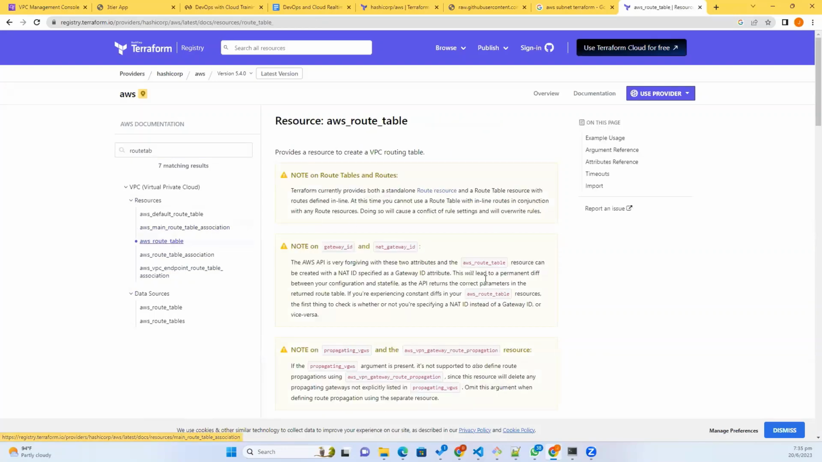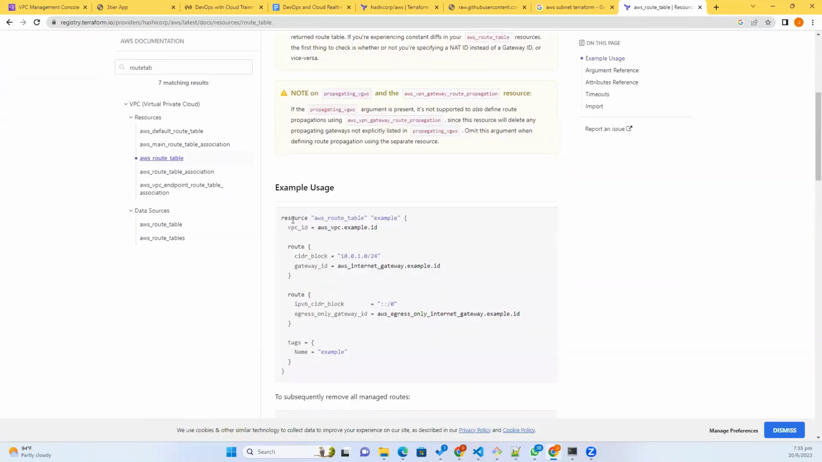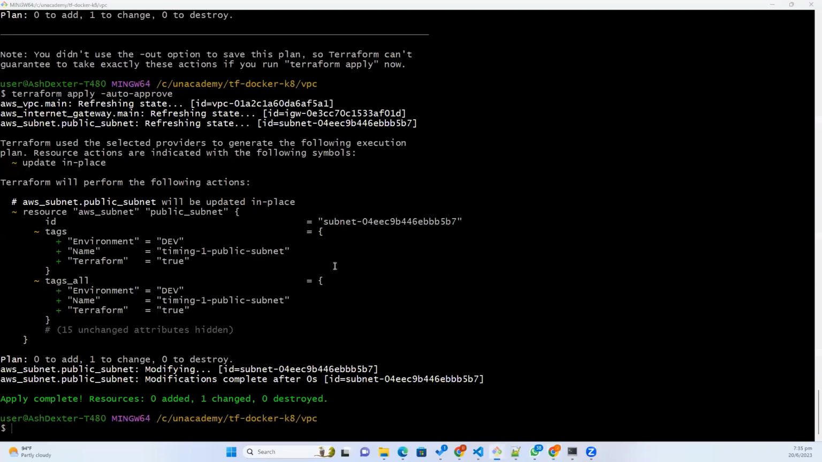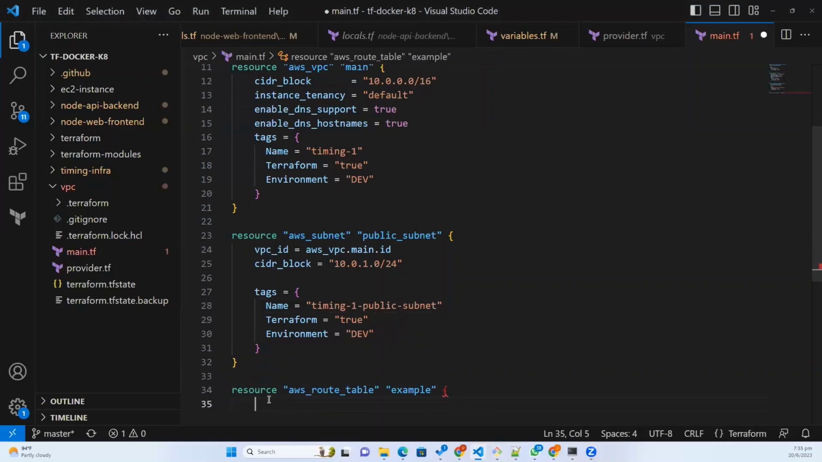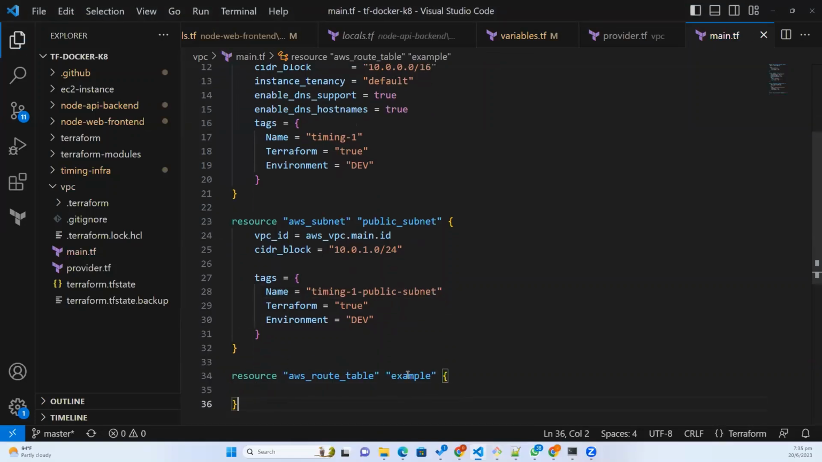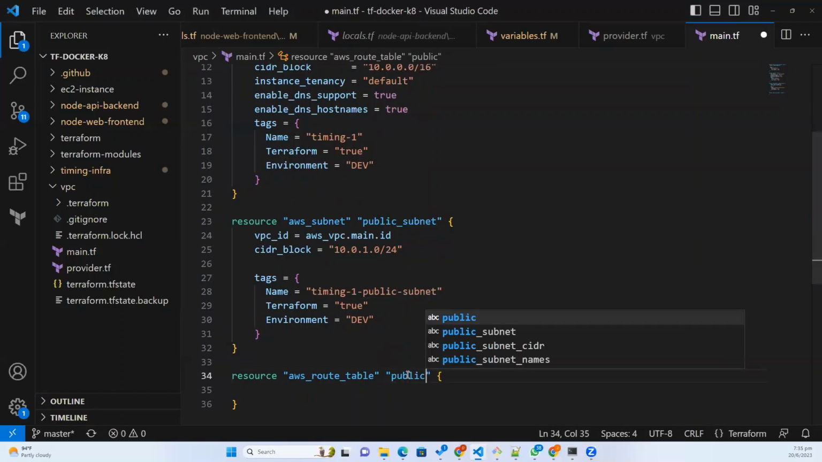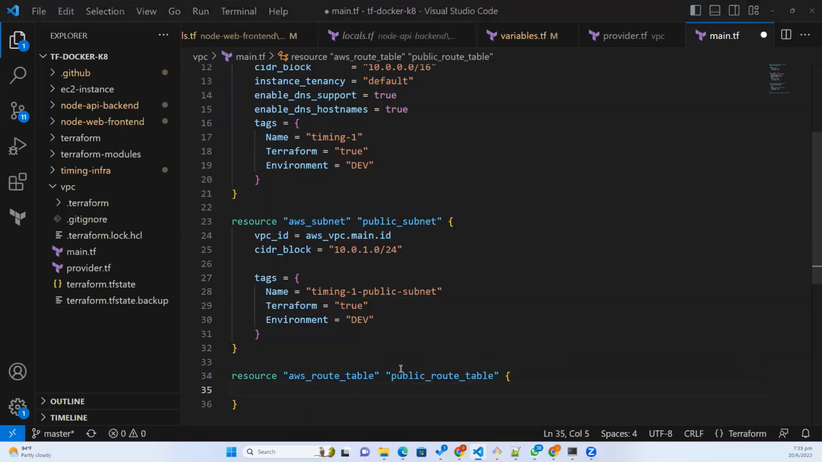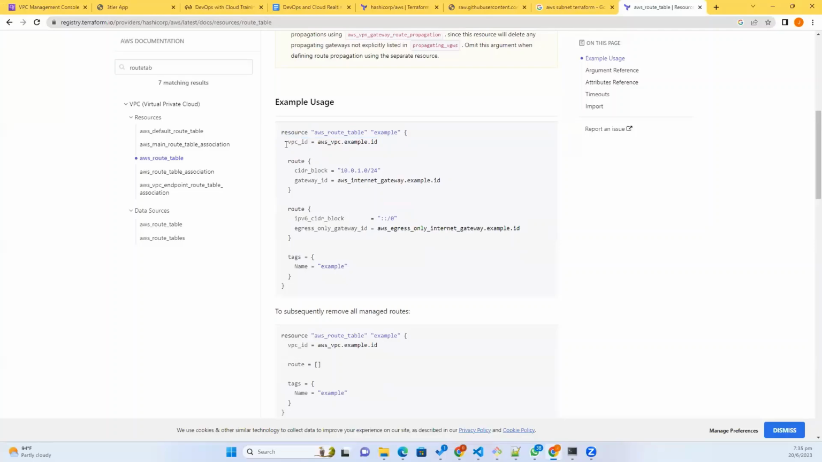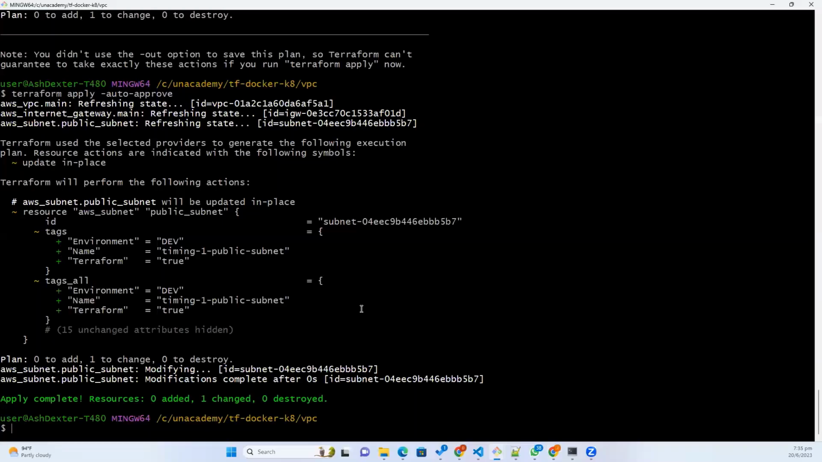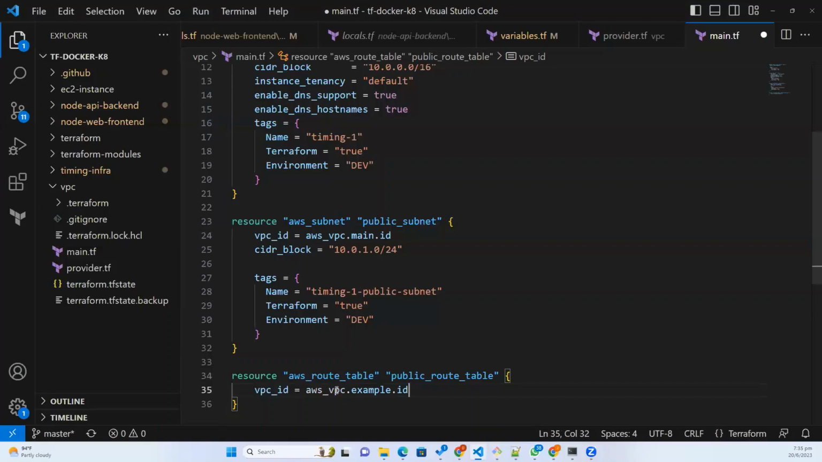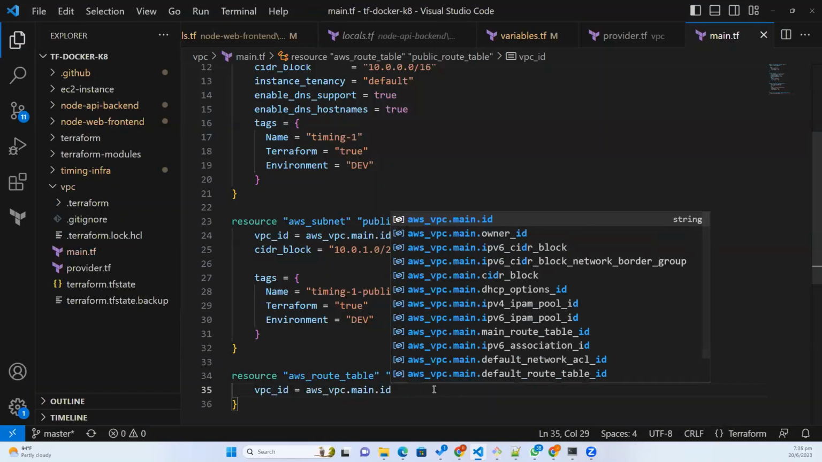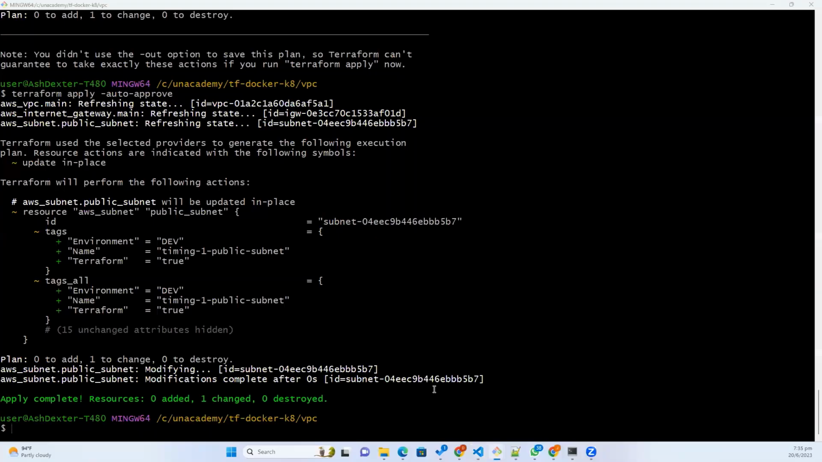AWS route table. This is the one. I'll just name it as public route table. Here you can see the VPC, aws_vpc.main.id. This is our VPC ID. And then